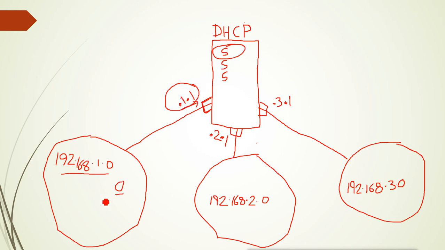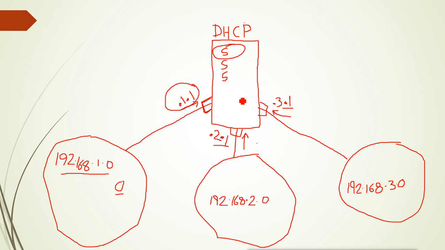which scope IP should be given to that client. So if the request comes from this interface, the IP will be given from the scope which is configured for this network. And if the request comes from this interface, it will give the IP address from the scope configured for that network. So if we have DHCP connected to multiple different subnets, we can configure different subnet scopes for different subnets in our single DHCP server.